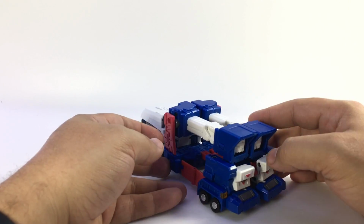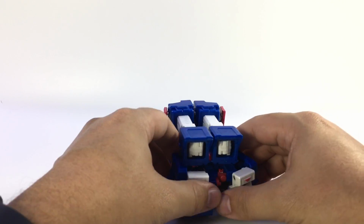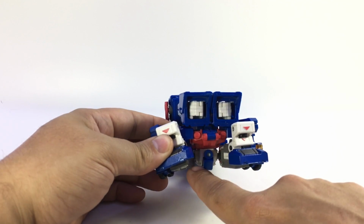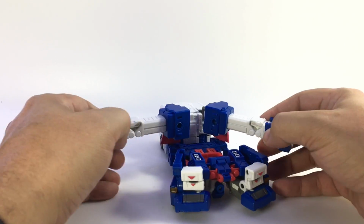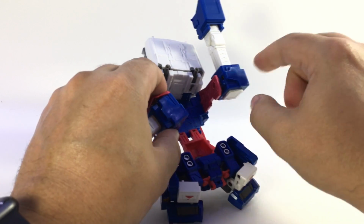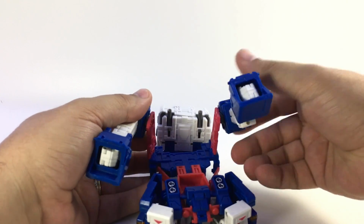And then to transform him, we'll start here on the back. We'll go ahead and unpeg the legs here from the side. They peg in here, onto here, and then down here. There are little gray tabs that go into here as well. If we go ahead and rotate, the whole arm panels rotate around. This red panel rotates to transform,